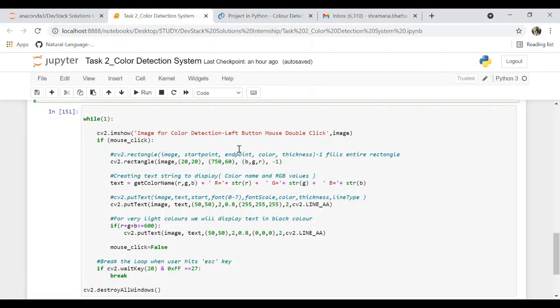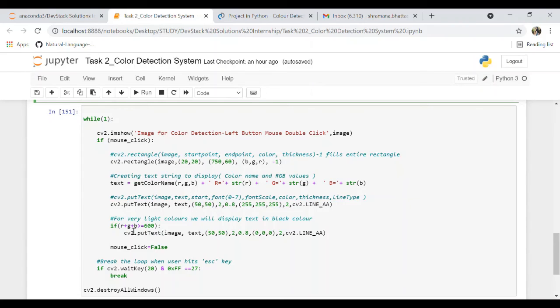With the cv2.imshow function, we draw the image on the window. When the user double clicks the window, a rectangle is drawn with the help of cv2.rectangle, and we also get the color name. Ultimately we put a text on our image. This is the text, that is the color name along with these RGB values.